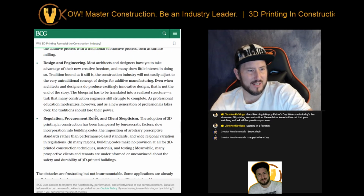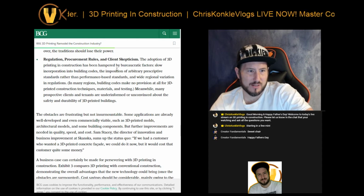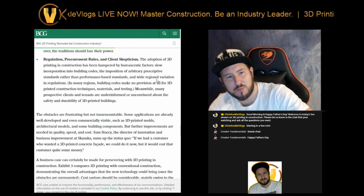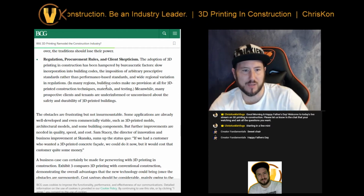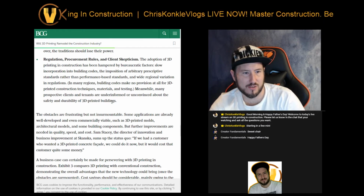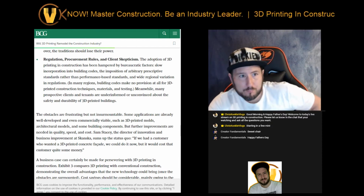So the printing process, material design and engineering, regulation, procurement rules, and client skepticism. So let's read this one real quick. Sorry. The adoption of 3D printing in construction is being hampered by bureaucratic factors: slow incorporation into building codes, the imposition of arbitrary prescriptive standards rather than performance-based standards. Yep. And wide regional variation in regulations. I mean, in many regions, building codes make no provisions at all for 3D printed construction techniques, materials, and testing. Meanwhile, many prospective clients and tenants are underinformed and unconvinced about the safety and durability of 3D printed buildings. So, understandably, I mean,